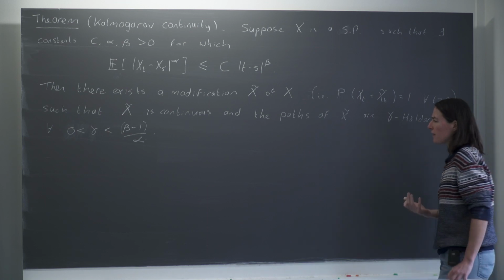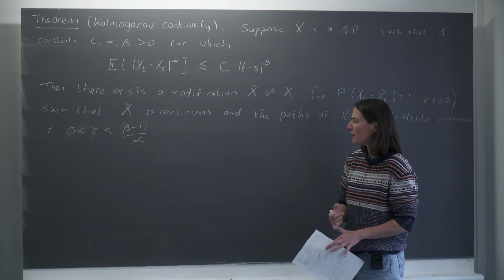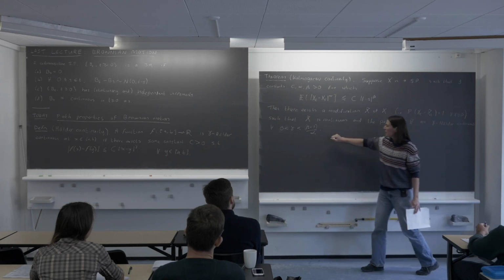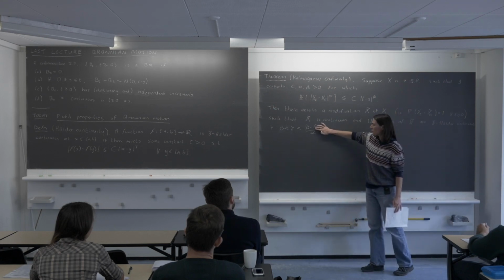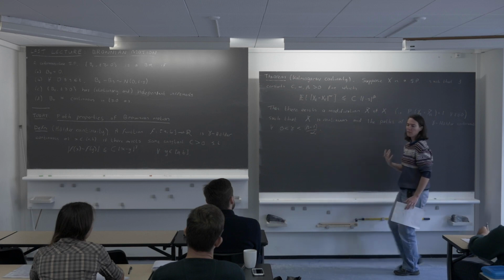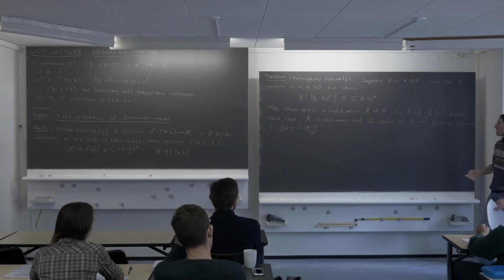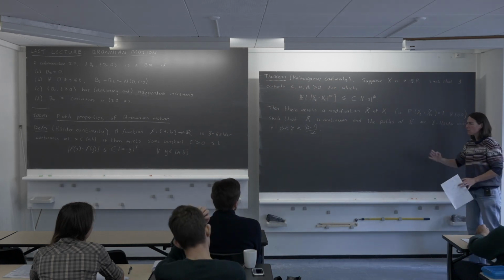You use the Borel-Cantelli lemma to show that you can do your construction on the dyadic rationals, and it's Borel-Cantelli that costs you this minus 1 over alpha. So I won't prove this, but essentially you do it on the dyadic rationals, and then just extend continuously